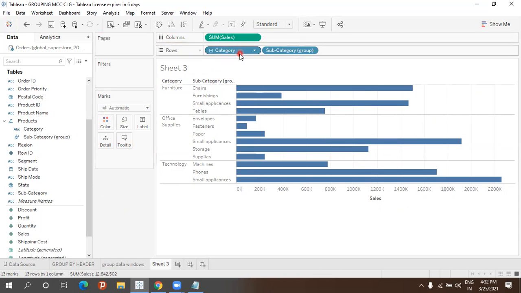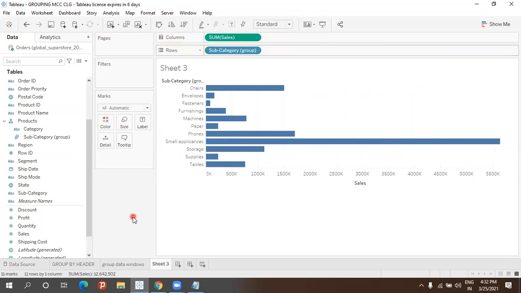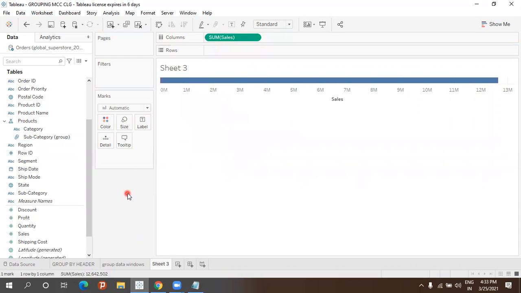So we don't want this category, let's remove this one. Getting this one? Yes, sir. So now I'm going to group. So this is one thing where I can do hierarchy grouping. One more thing, let me drag and drop this outside.